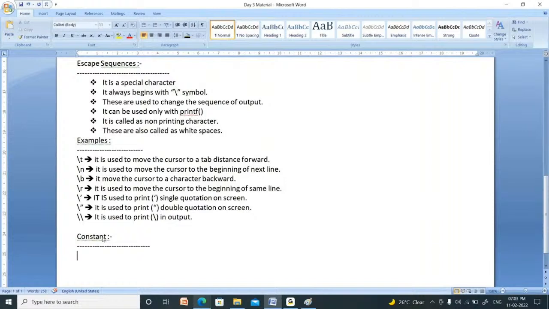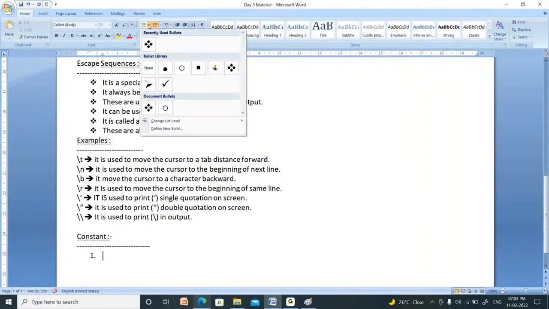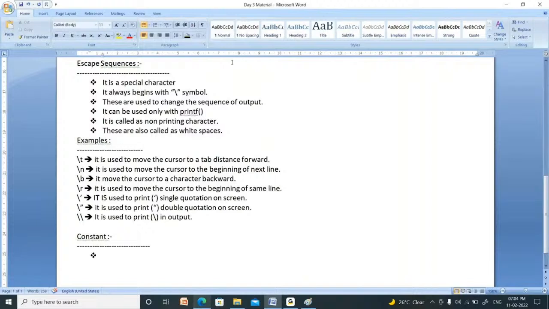Now, what is a constant? It is a container, or variable, which does not allow you to change its value. Once you assign a value to a constant, you cannot change it.